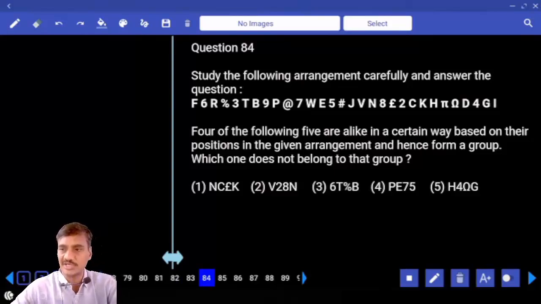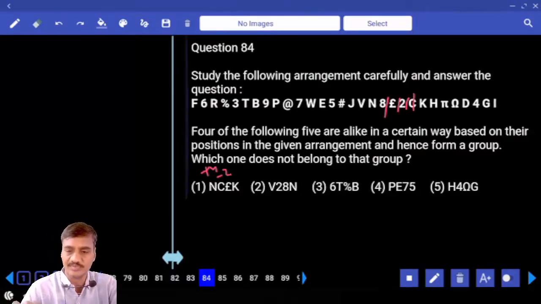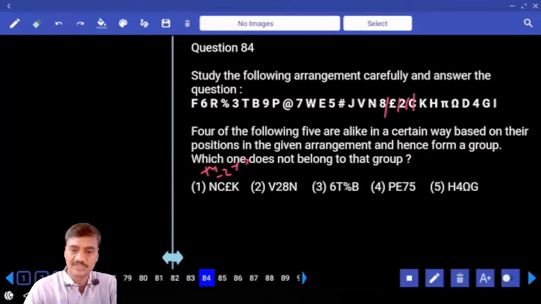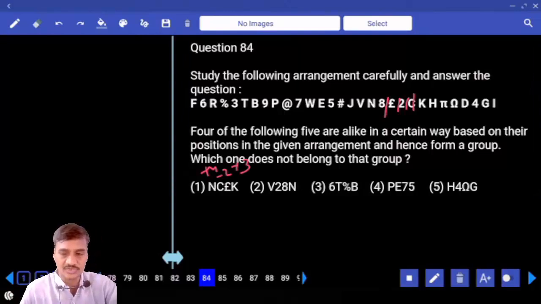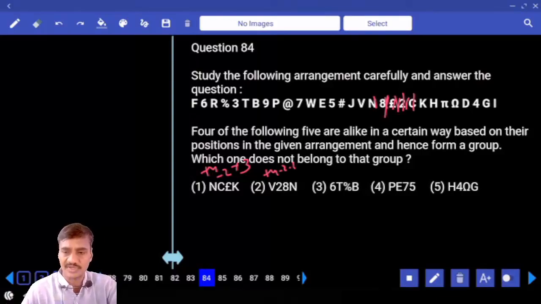N and C relation: N and C, 1 2 3 4 plus 4, and C and pound minus 2 pound and K plus 3 plus 4 minus 2 plus 3, and choice 2. V and 2: 1 2 3 4 plus 4, and 2 and 8 minus 2 and 8, and N minus 1 comes here, plus 4 minus 2 minus 1, 8 and 1, then 6T and 6 and